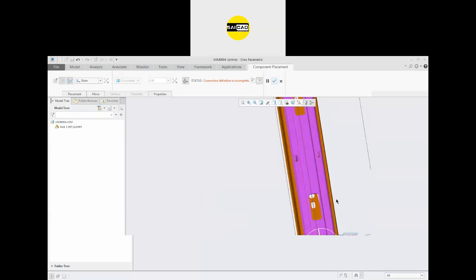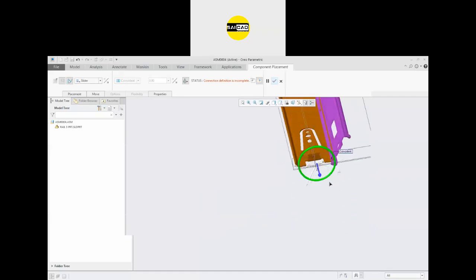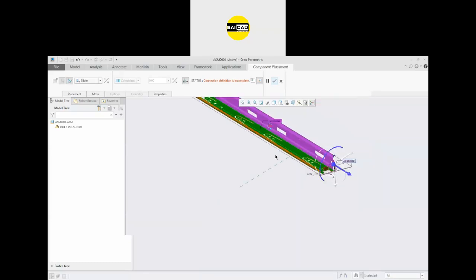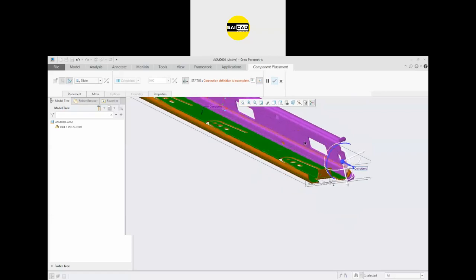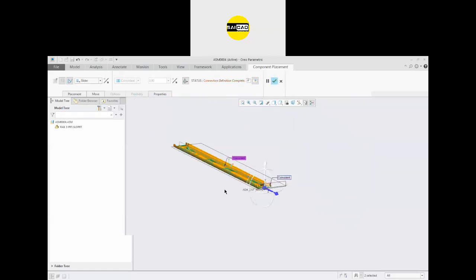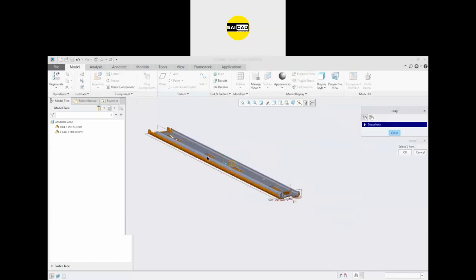So you have to specify the rotation, that it should not rotate like this one. So the rotation will be controlled with the help of two faces, like this one and this one, and you will see here the slider is applied. You can just drag the component like that.